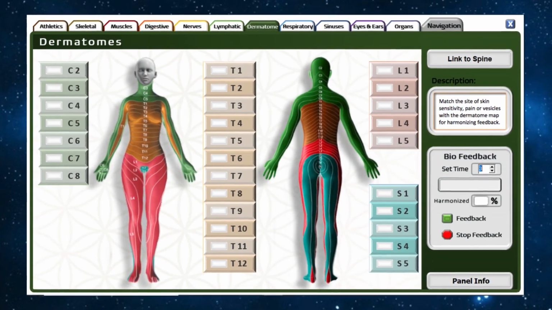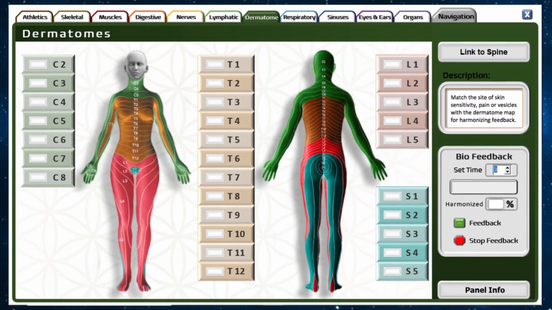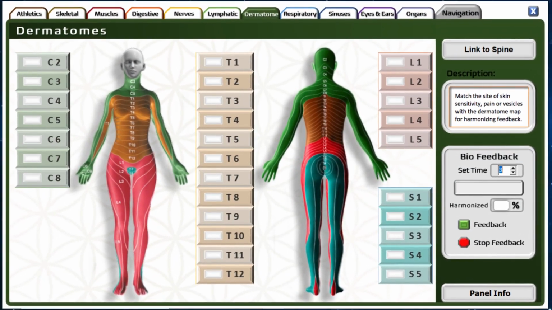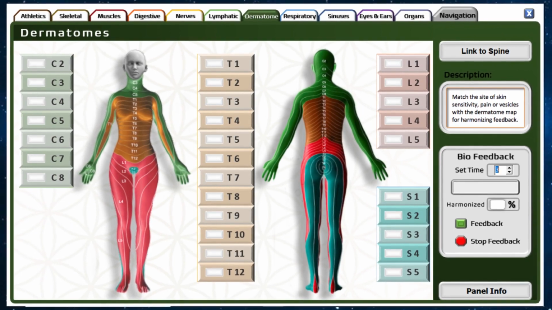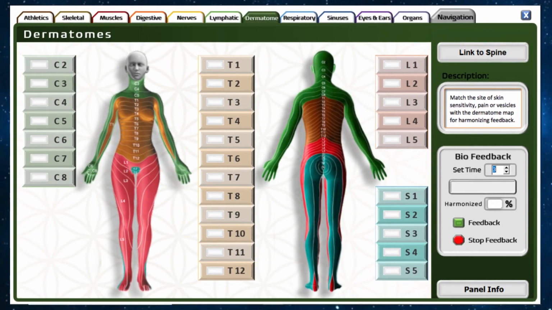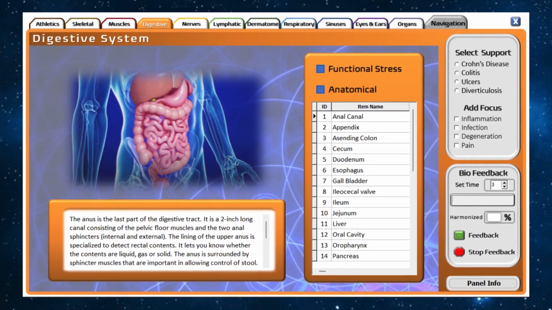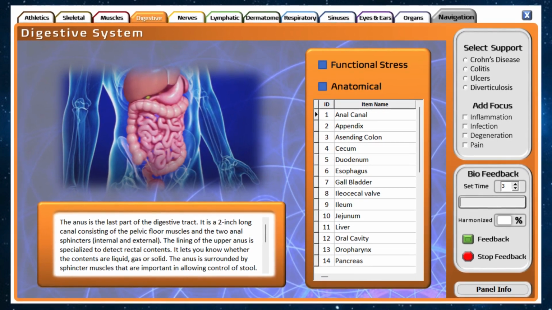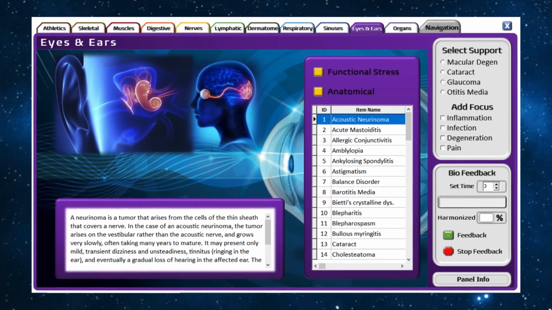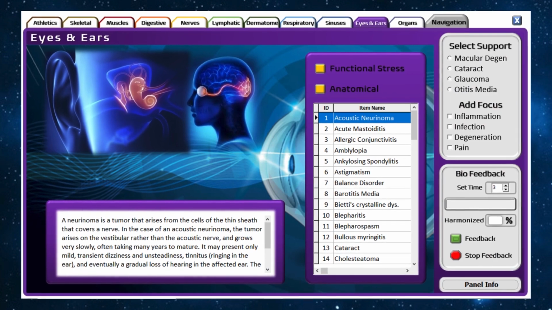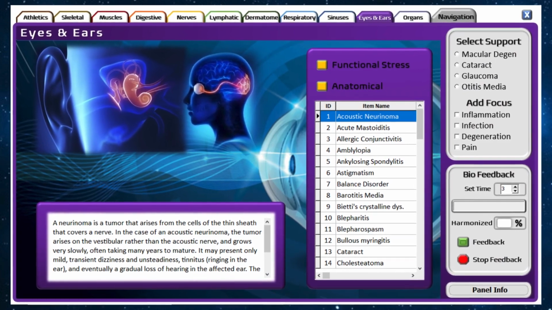The dermatomes panel is used to harmonize the dermatome system of the body, which is a spinal dermal network involving certain skin issues or pain. There is also a shortcut to the spinal panel for quick reference. On the digestive panel, a user can address energetic imbalances in the digestive system, also allowing for added support or focus. The eyes and ears panel allows the user to harmonize energetic imbalances in the intricate systems of the eyes